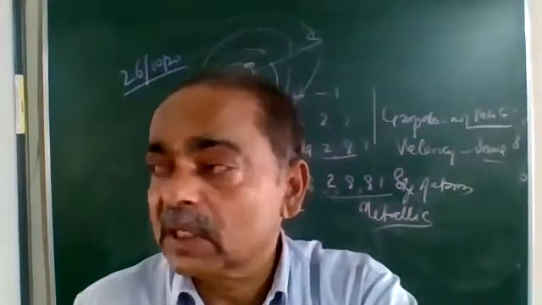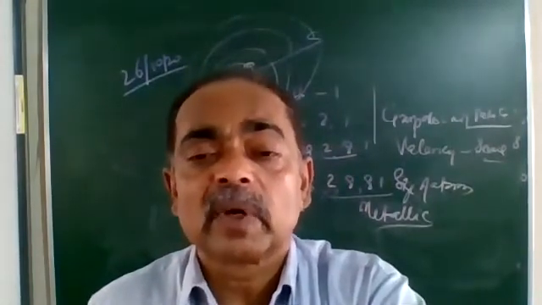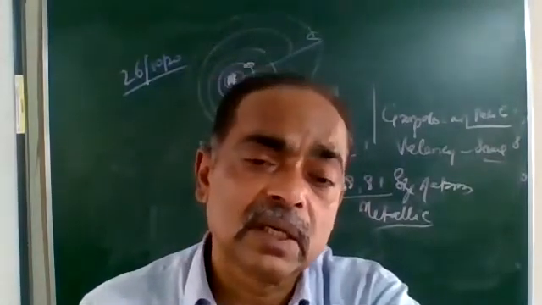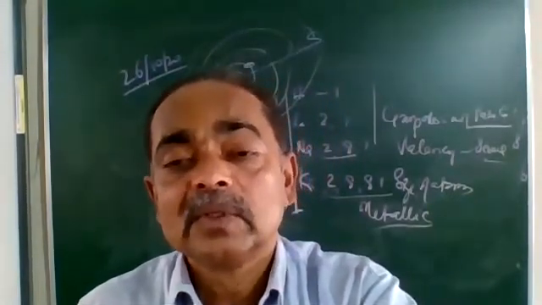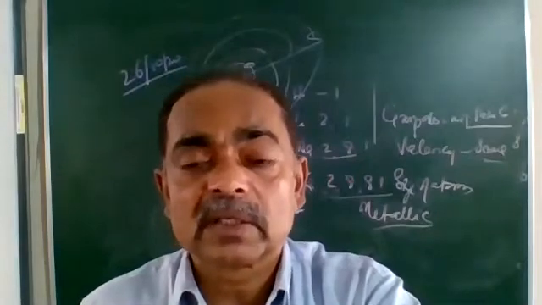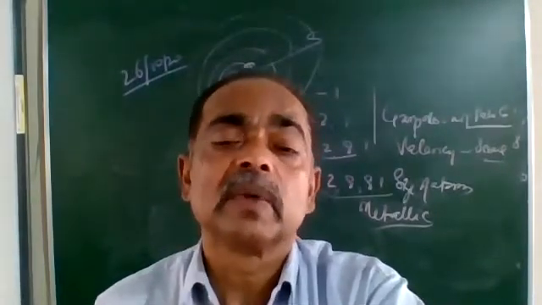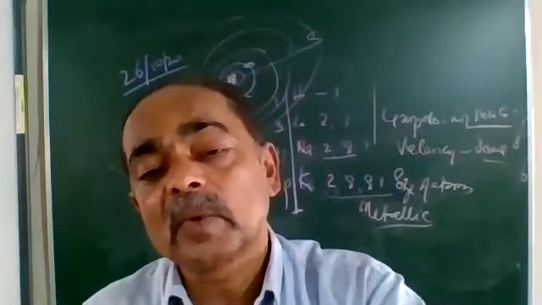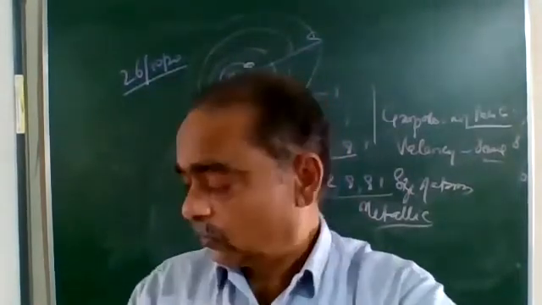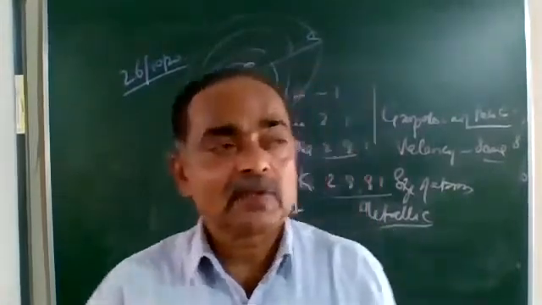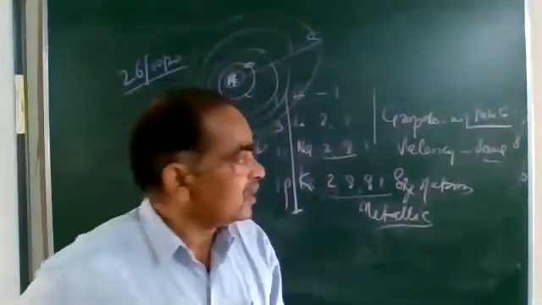Going from left to right in a period, valence electron increases by 1 up to 8 and valency increases by 1 up to 4 and then decreases. Whereas in a group, going from top to bottom, the valence electron remain the same, valency also remain the same. There is no change. Rest all the properties are just opposite to one another. Understood it? Now, coming back to this one, if a question is asked, an element A